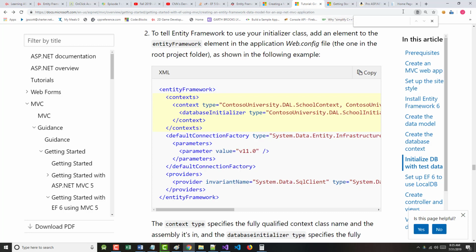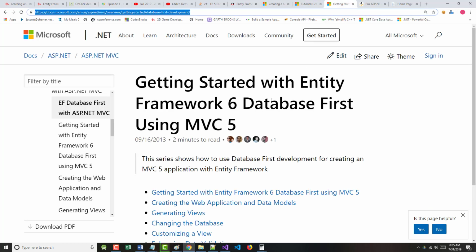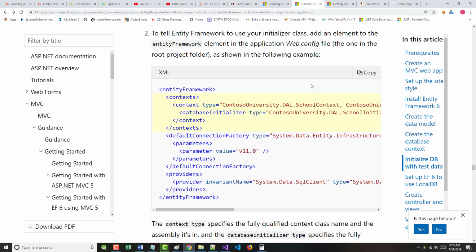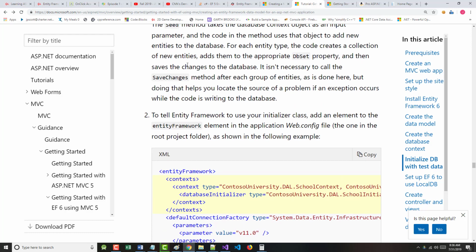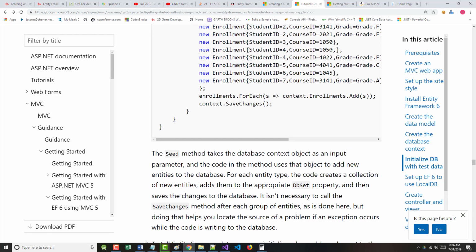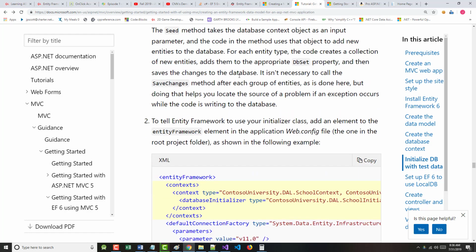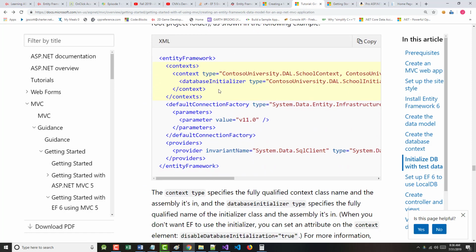When we get done with this document, we're going to be going over another one, which is the same type of thing, but rather than being code first, it'll be database first. All right. So we left off where we had just created our data. Now we want to go in and add here